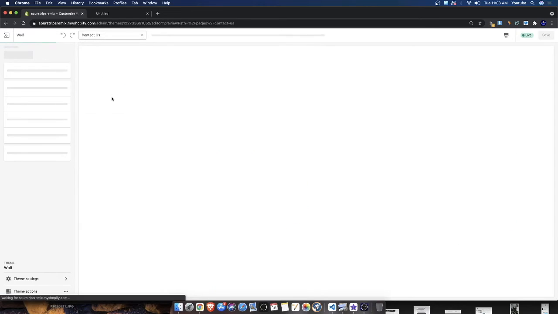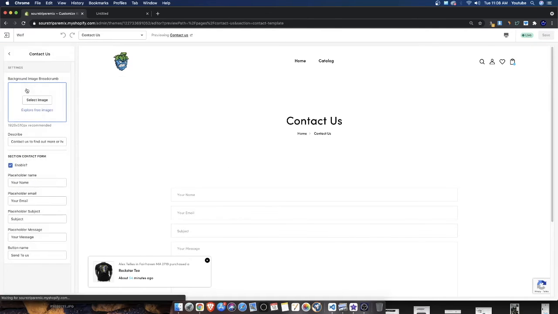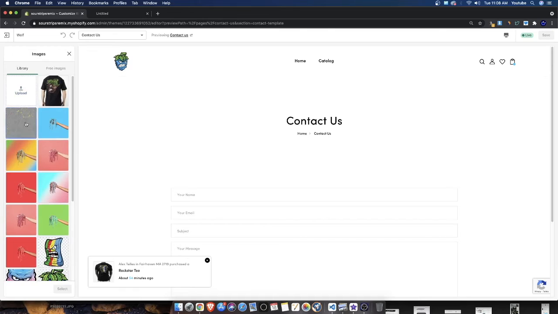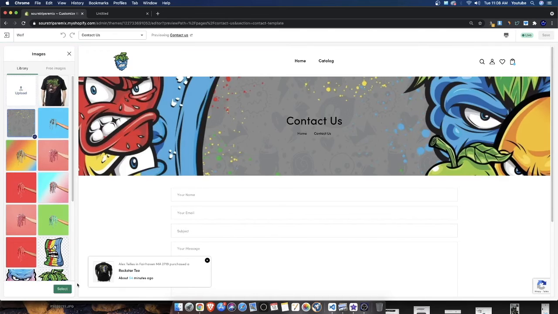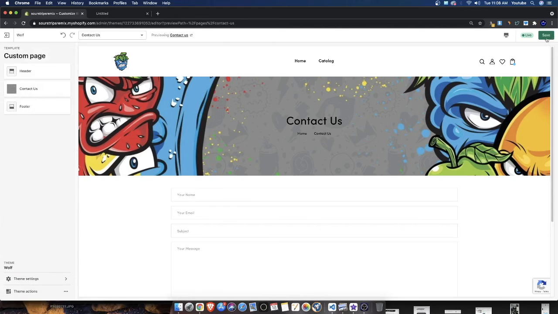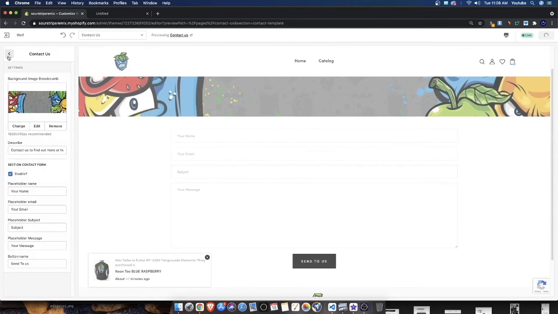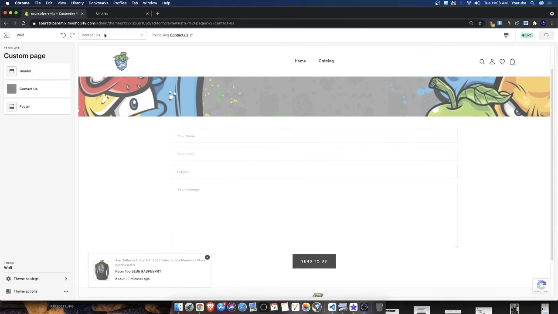So let's hit the contact us button. And there we go, we have a contact us page. So we can add a breadcrumb, which is basically the banner in the background. I could select this banner and keep it uniform throughout. And so that's essentially the contact us page. Obviously there's different styles and formats of the contact us page, as you guys saw. Let's go ahead and head back here to the